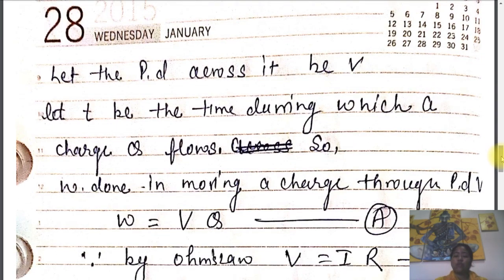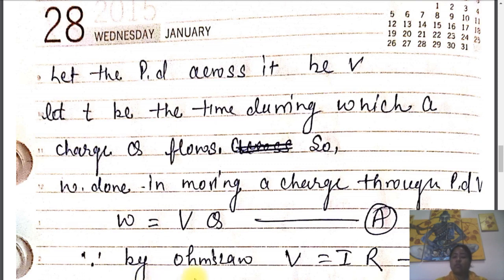That means if we switch on the battery and current starts flowing through the circuit, charge will move from one point to another through the circuit, and suppose the charge q flows for the time t. If charge flows from one point to another, there is a potential difference between the two points, so some work is done for the flow of charge. The work done will be equal to the work done in moving a charge through the potential difference V.